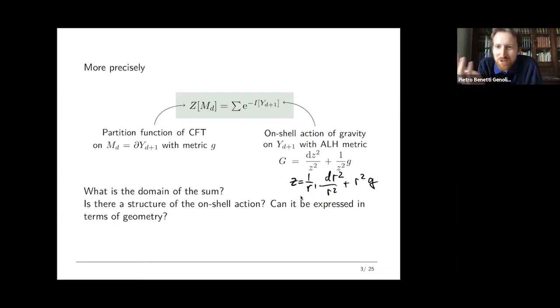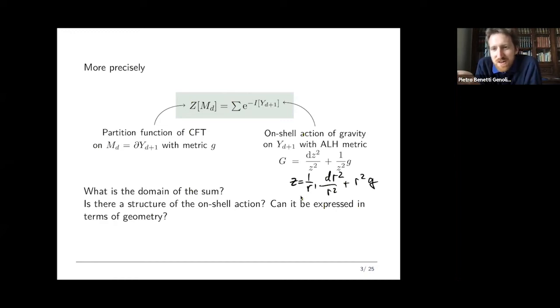Because I have not told you, there are mathematicians in the audience, and you surely know much better than I, that I should have given you what it means to have a sum here. What is the domain of this sum? This sum arises because I'm doing a semi-classical expansion, so a saddle point approximation to the quantum gravity path integral,